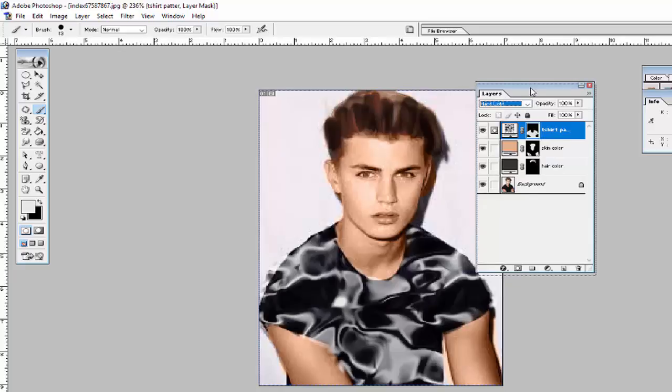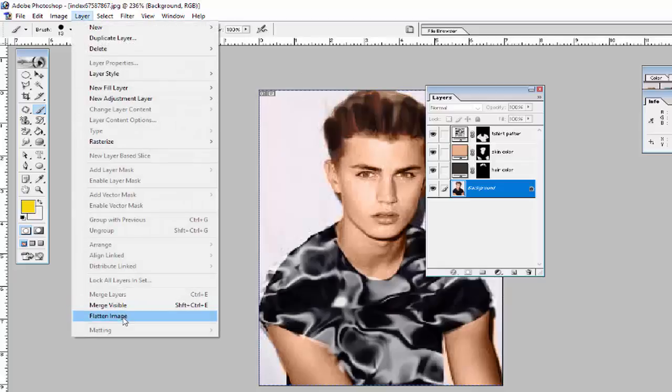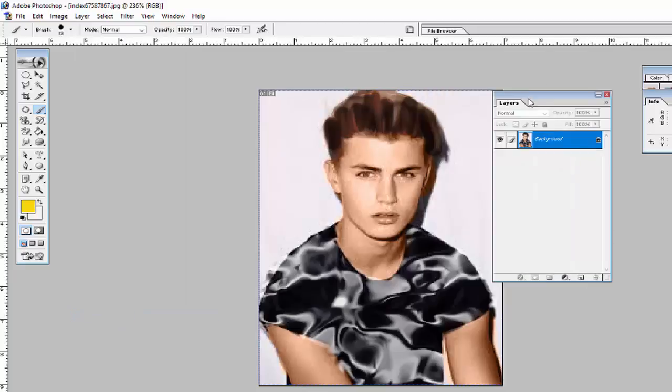And now, after setting this image, we will use this option, flatten image, to combine them and convert them into one image, and then use this pen tool to cut like this, to select this image, or to cut that part of the image and place that image in our background image.